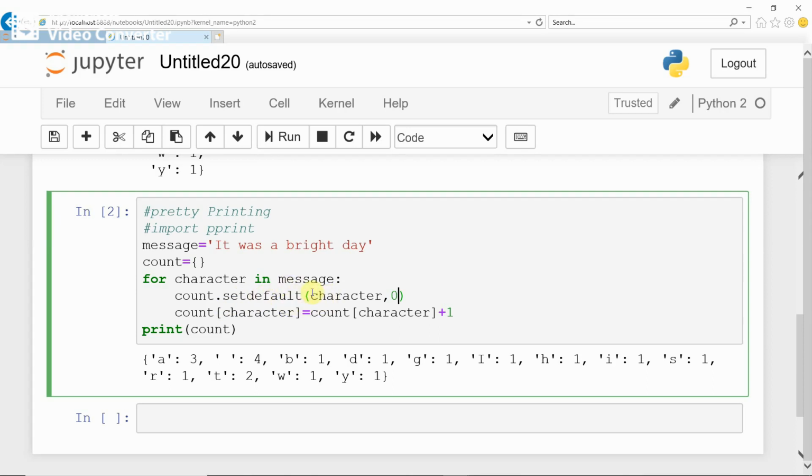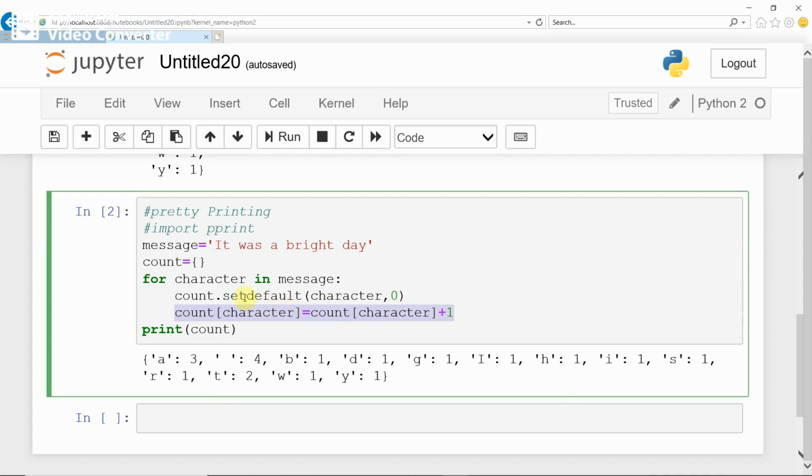If that key is available, meaning that character already has some count, then the setdefault statement will not affect that key. Then which statement works? Only the increment statement will work.